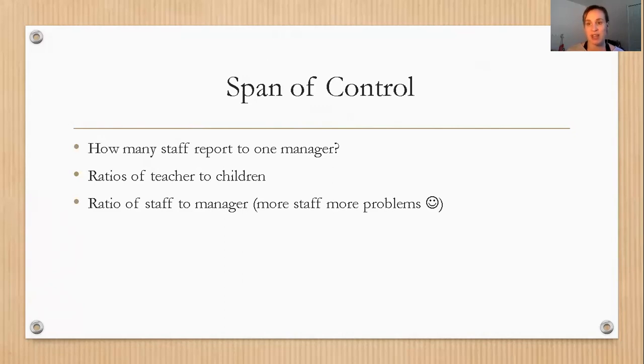I would probably say that if you're one director, any more than 20 is going to be really, really difficult. You're going to need an assistant director, and that includes support staff. So you're going to need an assistant director and an enrollment coordinator, a trainer, something like that. And it can be on a consultant basis. It doesn't have to be a full-time basis. But you are going to need some help considering you have health, safety, facilities, food, and CPR, employee files, children files,